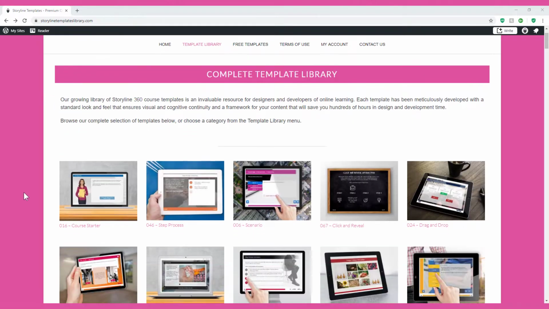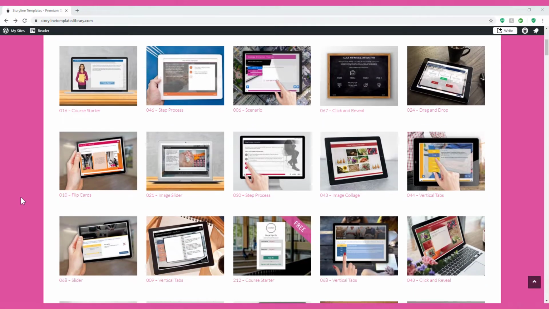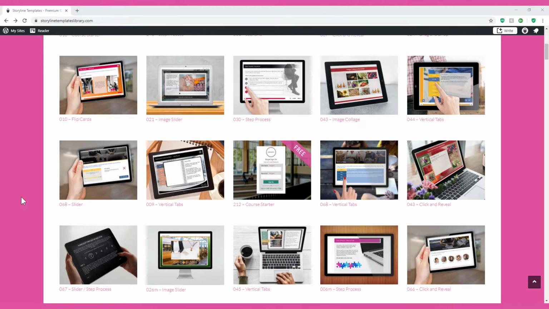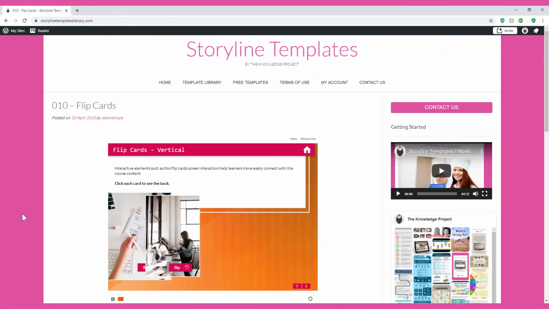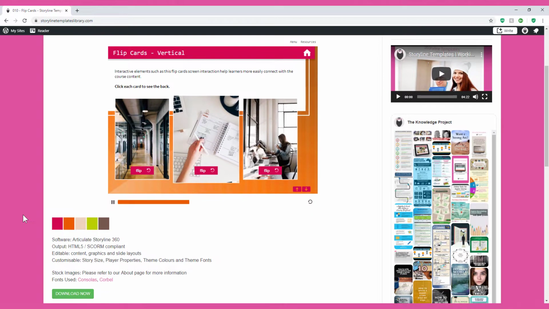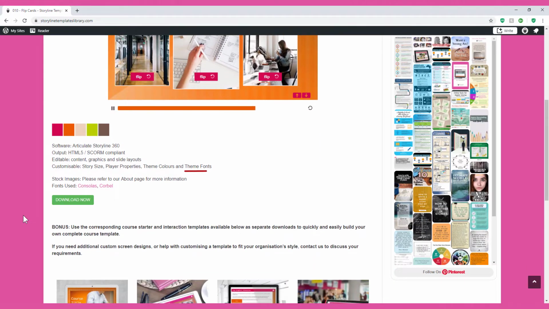One of the most useful features in Storyline 360 is the ability to use theme fonts. Each of the templates in our Storyline Templates library is set up with theme fonts. So let's take a look at how to work effectively with theme fonts to ensure your courses have a consistent